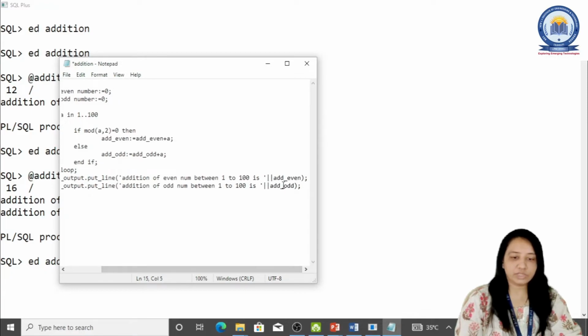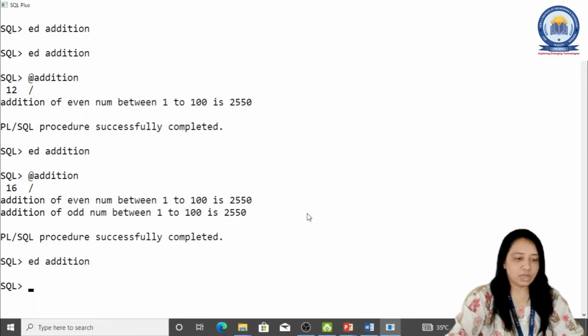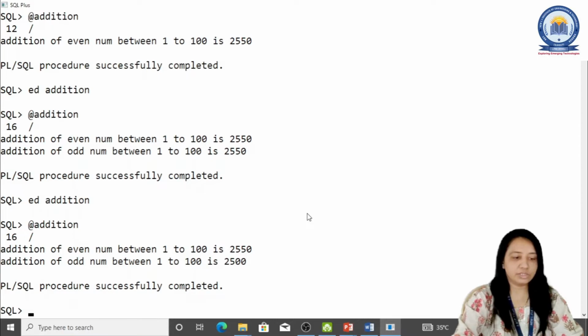Again we need to change the name of the variable also, that is add_odd. So now we'll run this program. Now again, addition, then slash. So the answer would be here the addition of even numbers and addition of odd numbers, that is from 1 to 100.